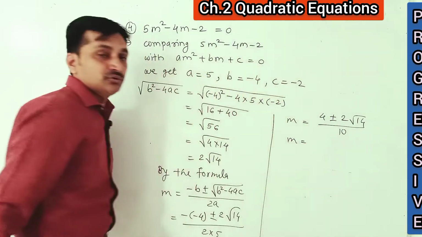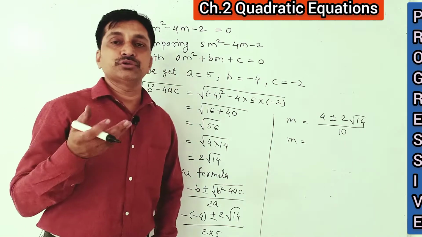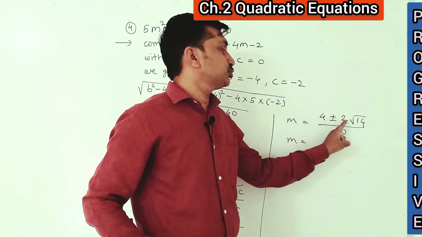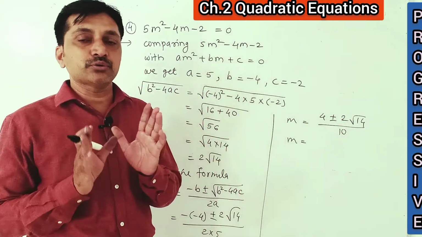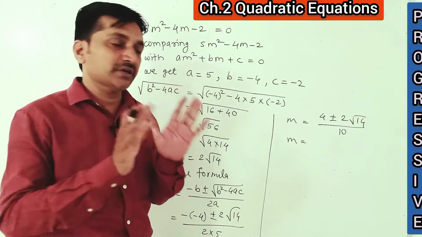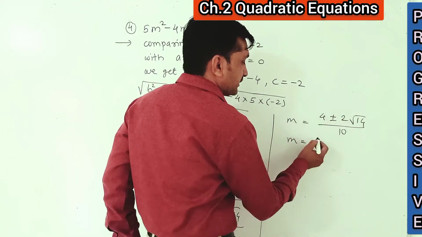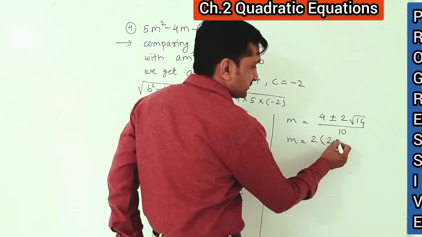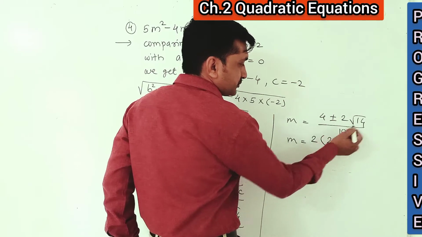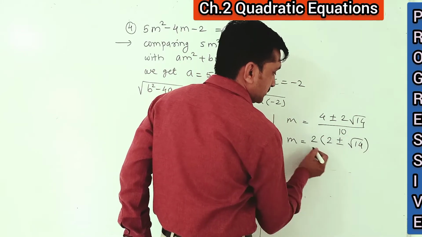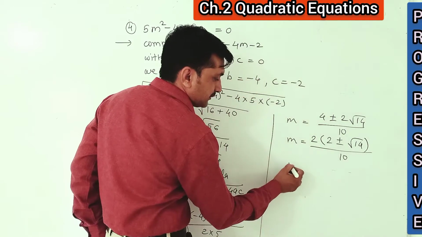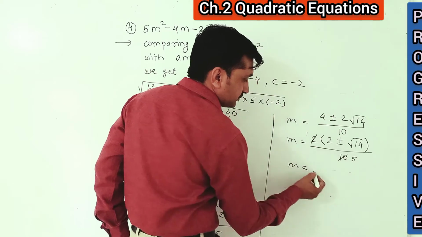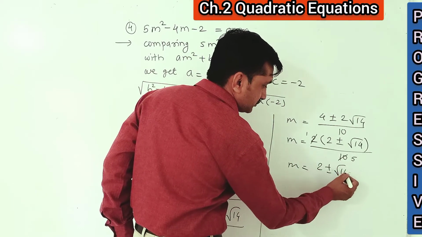Next step, m is equal to, what to do? If I ask what to do, you will say separate. Yes, separation you do, but before that you see that can we take common in the numerator. Before separation you have to see can we take common or not. If yes, you take common out. Here is 4 and here is 2. We can take 2 common. If we take 2 common, from 4 2 is out, 2 inside, plus minus. This 2 is already outside. Only root 14 is left in the bracket upon 10. m is equal to, now 2 is outside and here is 10. We can reduce here. 2 ones are, 2 5s are. 2 plus minus root 14 upon 5.